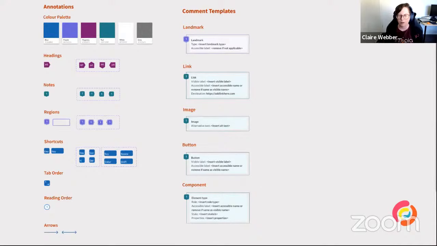These are all predefined regions, and usually within a design, we actually group information together into these regions almost naturally. So often our header information is sort of grouped together. We've used proximity to make it look like a group, and even white space then to separate it out from other areas. But this information also needs to be coded, so it is available to assistive technologies.